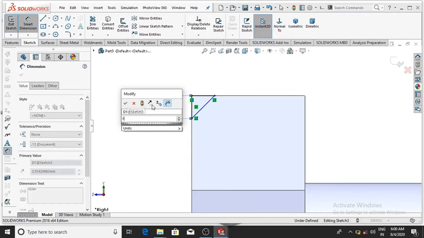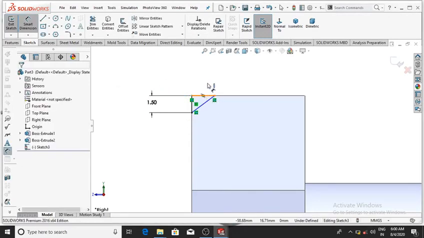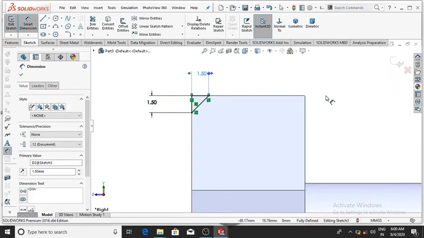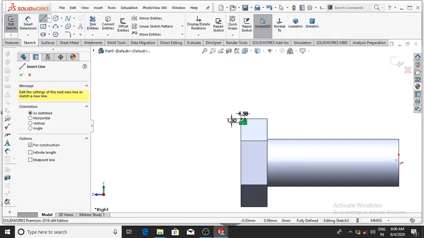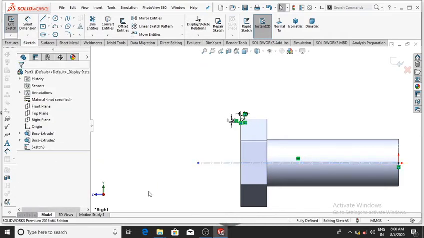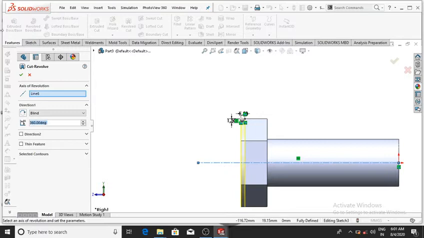So select 1.5 mm, then OK, and this line also be 1.5 mm, then OK, and make the center line. So select and make the center line, make sure it is vertical, and go to the feature and select revolve cut, and it will be selected this line, and then OK.